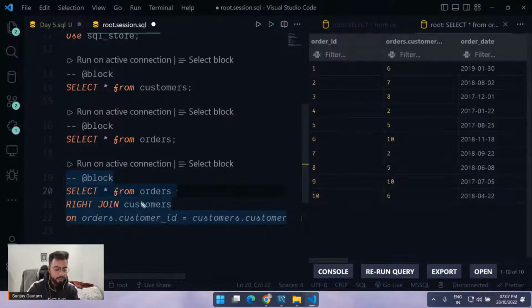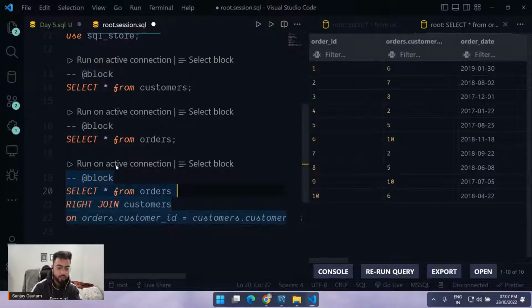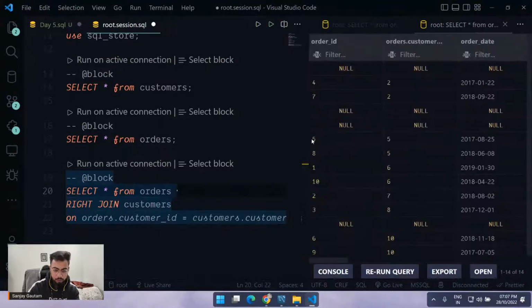So what is this right going to do? What is the right table here? This is the table on the right side. It's going to give all the details for the customers, because it's the right table, even if they haven't created any order yet. Let's see if it's working. Run on the active connection. See,